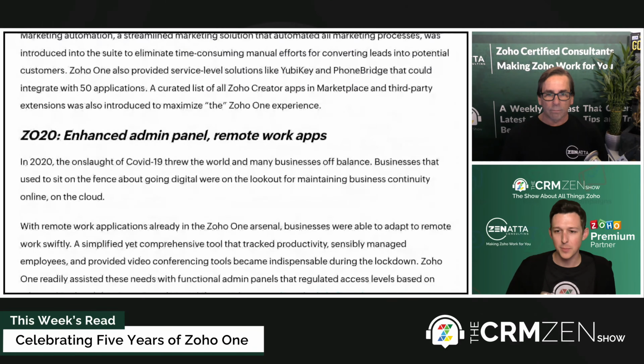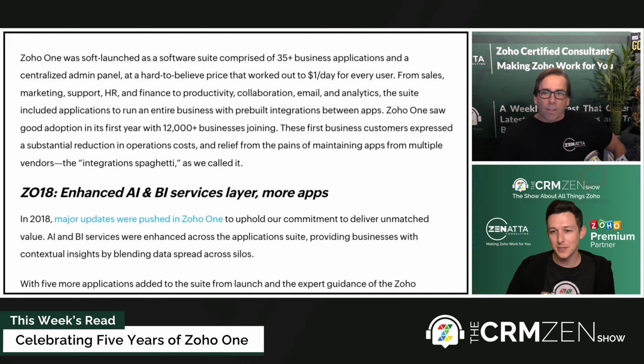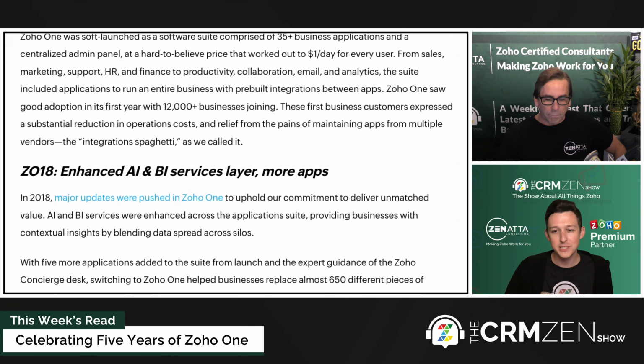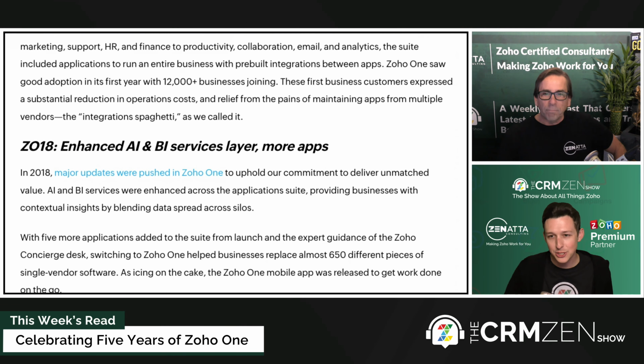We've always loved Zoho One. It's what we use to run our own business. So yeah, it's one of those things where it's hard to beat. Sometimes we'll be talking to a prospect who's not on Zoho yet, and it's like, what's the catch, right? Why is all this stuff $45 a month or $37 annually? And it's like, well, because they're just okay with leaving money on the table, and it's one of their core